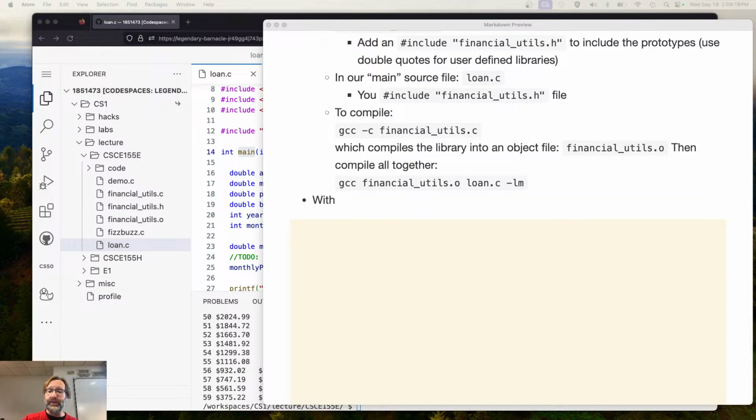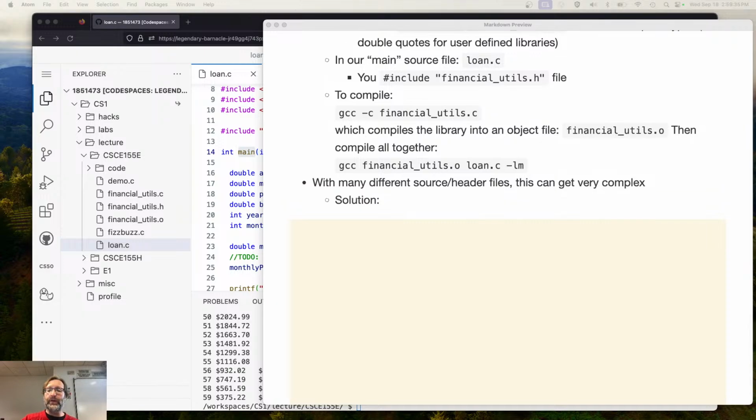This can get quite complex, with many different source and header files. This can get very complex, right? In fact, the solution would be to use a build system like make. Right. So that's an entirely different language. You'll get exposure to this after the first exam, where we give you make files,